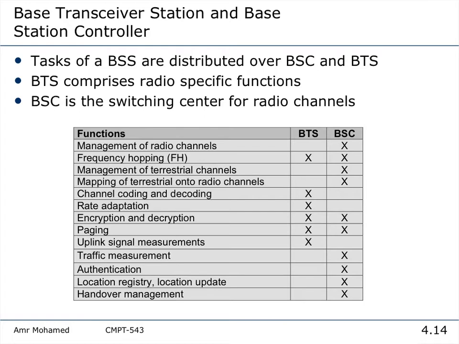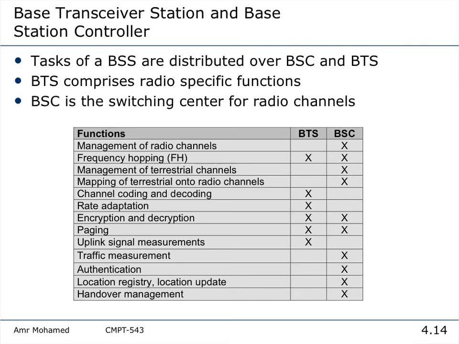In terms of frequency assignment, you have cell 1 assigned F1, cell 2 assigned F2, cell 3 assigned F3, and so on. And then you can reuse the same frequency for cells that are far,